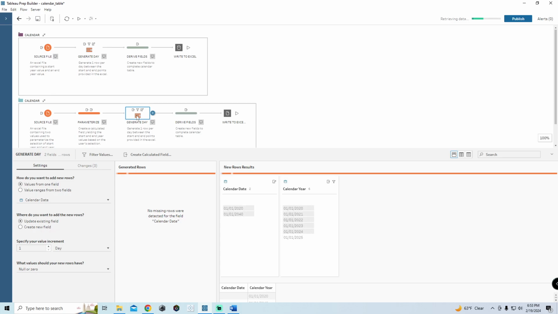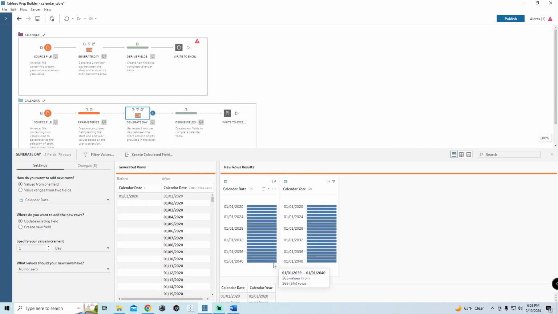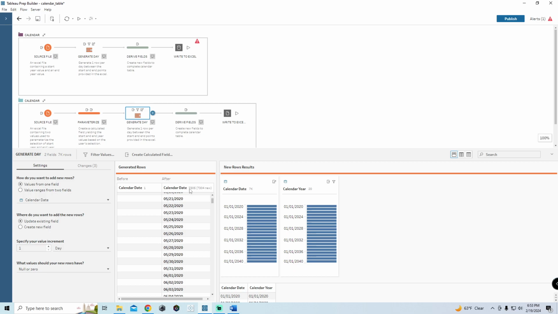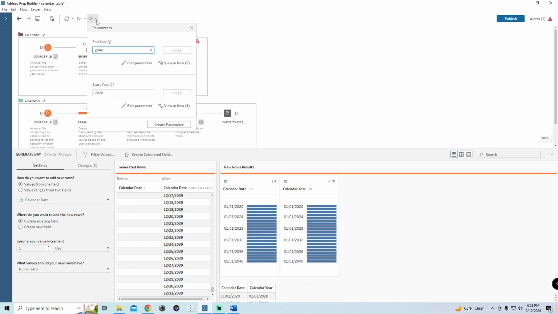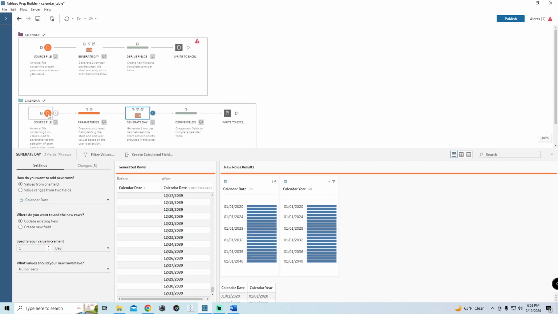Now when we go to generate day, we should start to see, right? So now I can see that this is generating those expected row values. So it's generating 7305 rows. Notice we're going from 2020 through 2040, but not including the first of 2040. So this is as expected, and it's based on, again, the parameterized fields that we've used from the Excel file,